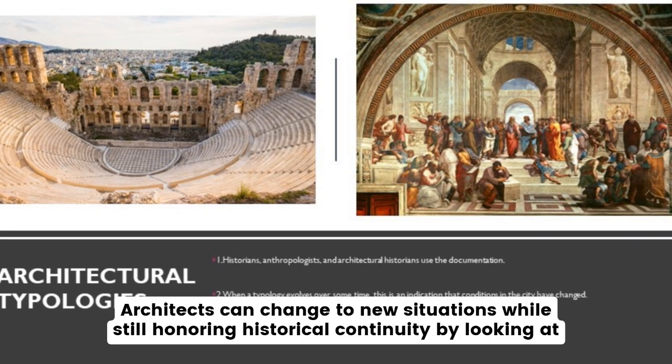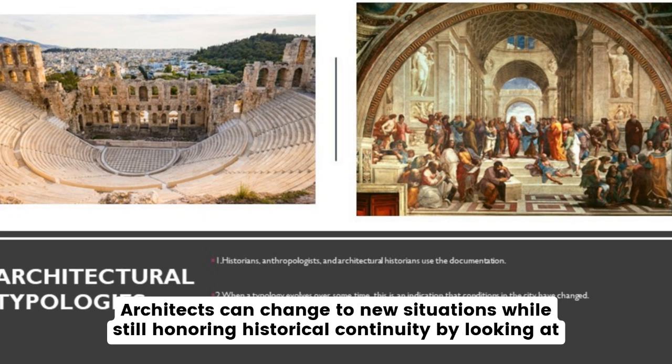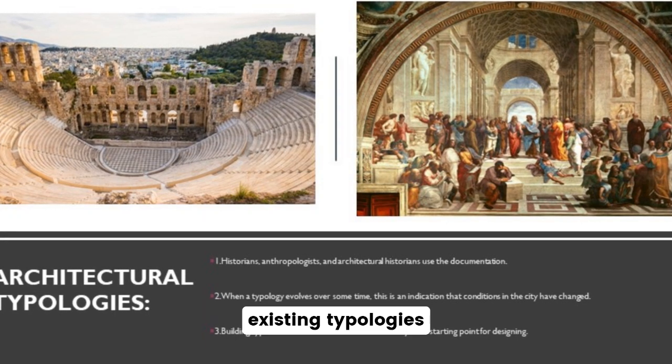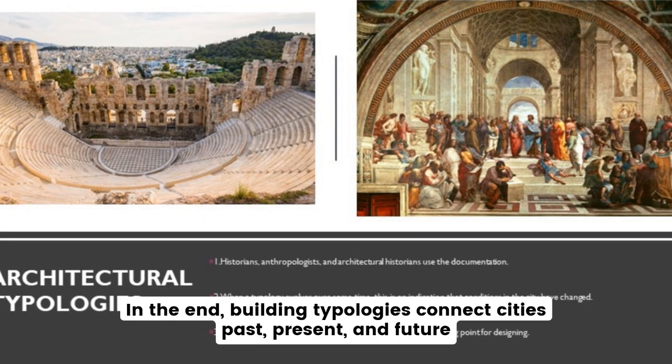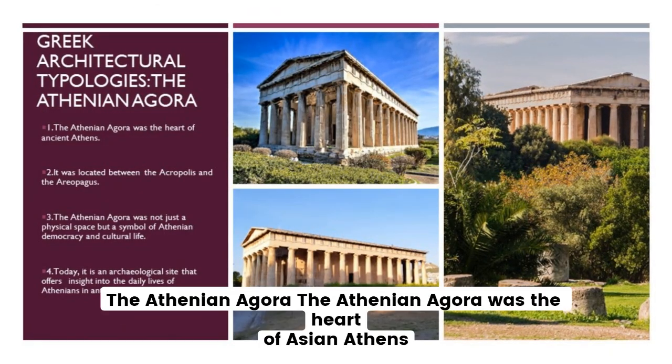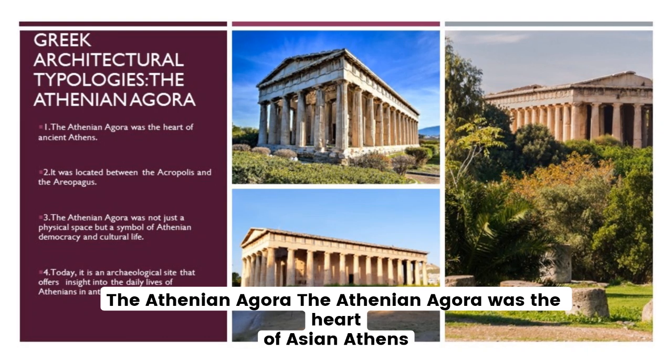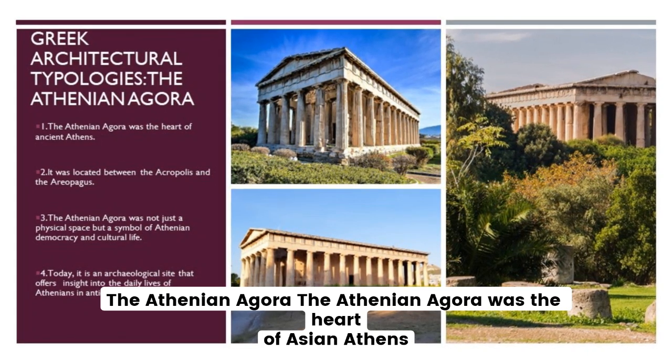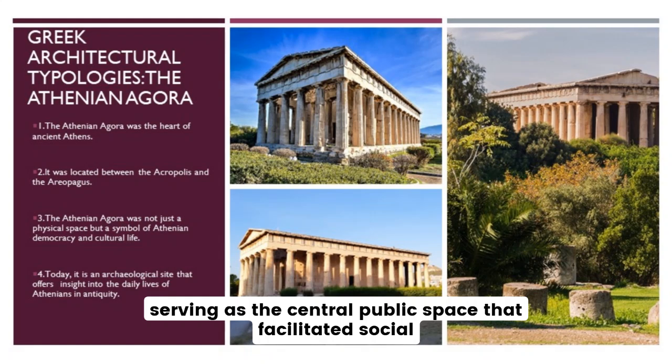Architects can change to new situations while still honoring historical continuity by looking at existing typologies. In the end, building typologies connect cities past, present, and future, and they shape how they grow and change over time. The Athenian Agora. The Athenian Agora was the heart of ancient Athens, serving as the central public space that